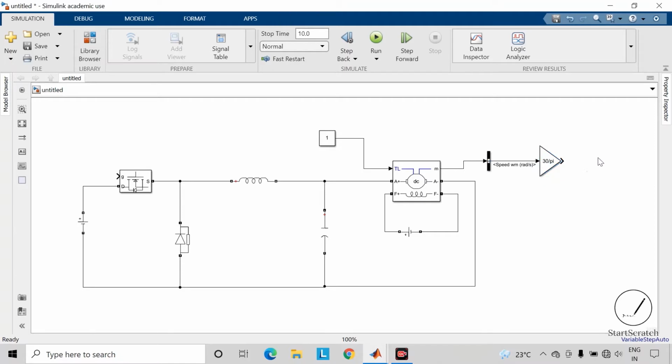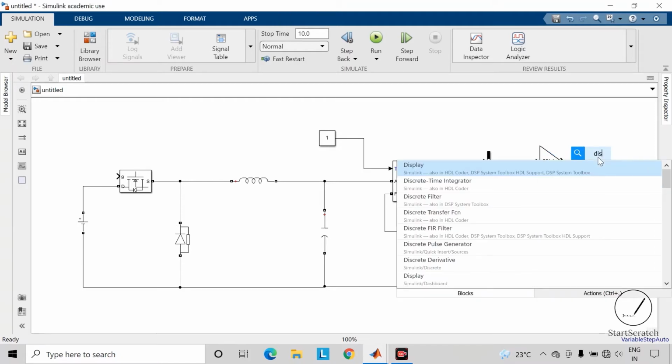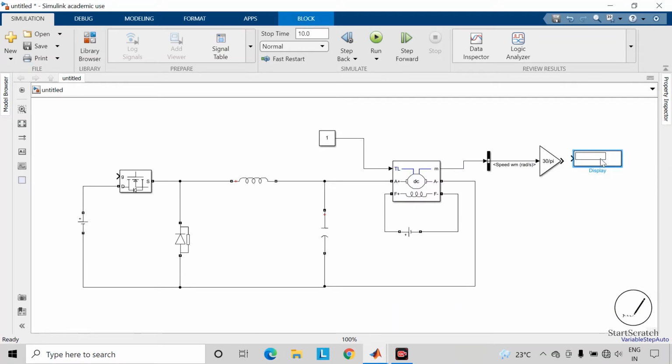Now take the display block so as to view the speed. Take the scope block as well. Here we are controlling the voltage which is applied to the armature terminals of this DC machine.